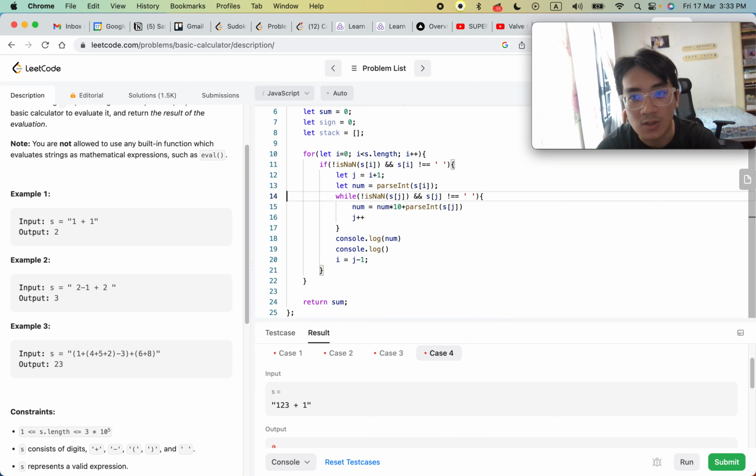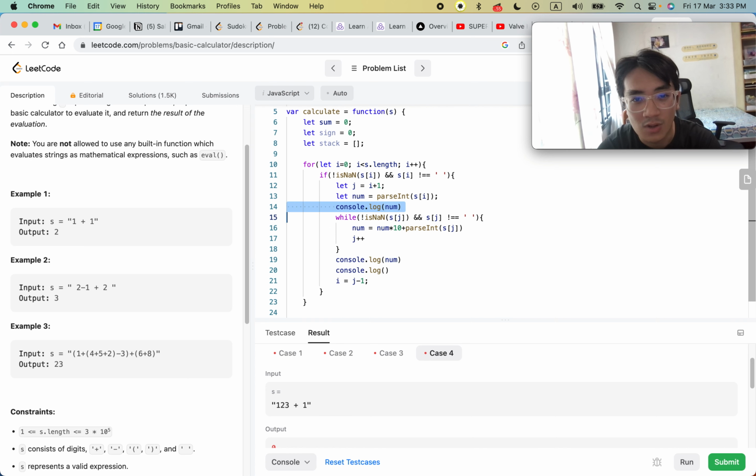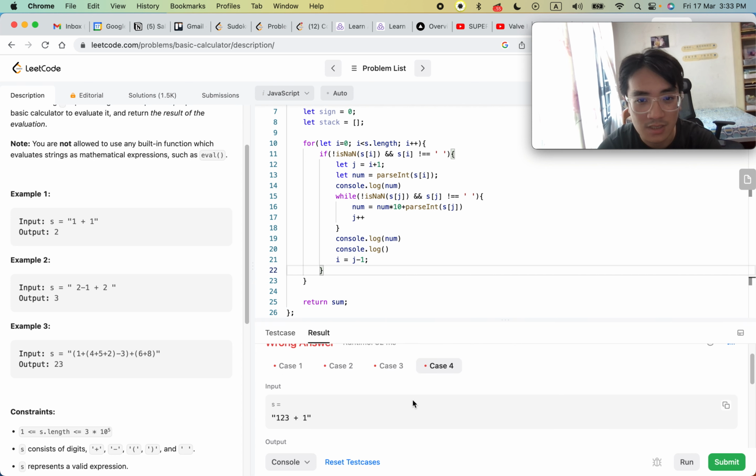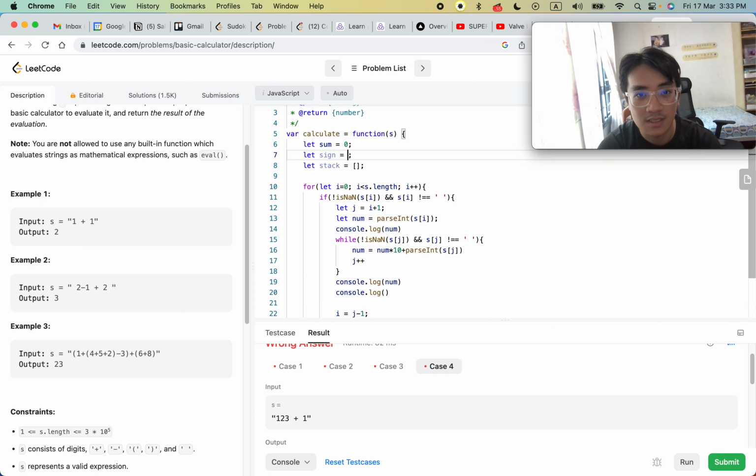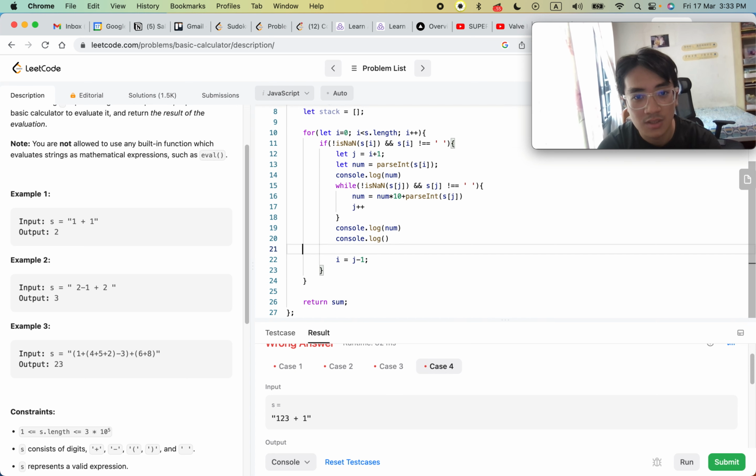Now we can take out all the console logs, now that we're somewhat confident that this is working properly, although we can also leave them in there. Either way, it doesn't really matter. Before we move on to the next step, what needs to happen is you need to add it to the sum. So we need to do sum plus equals